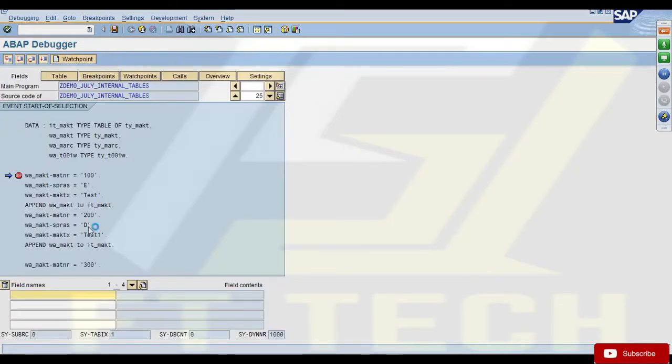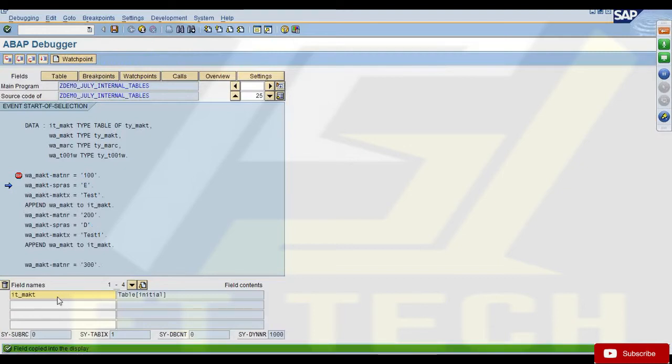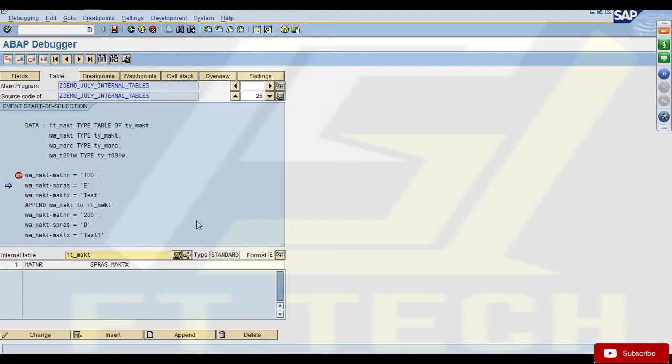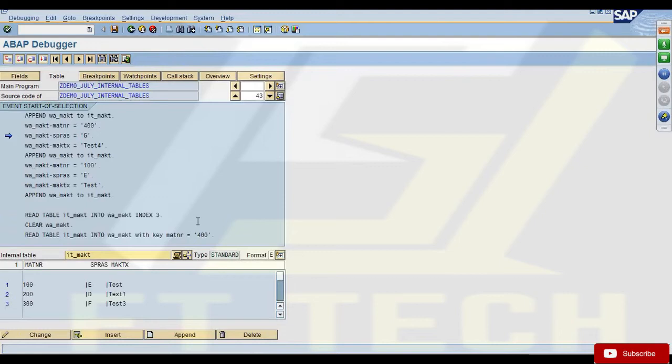So here you can see my third line in the internal table is 300 F test 3. That's the third line. Here you can see the index 1, 2, 3.